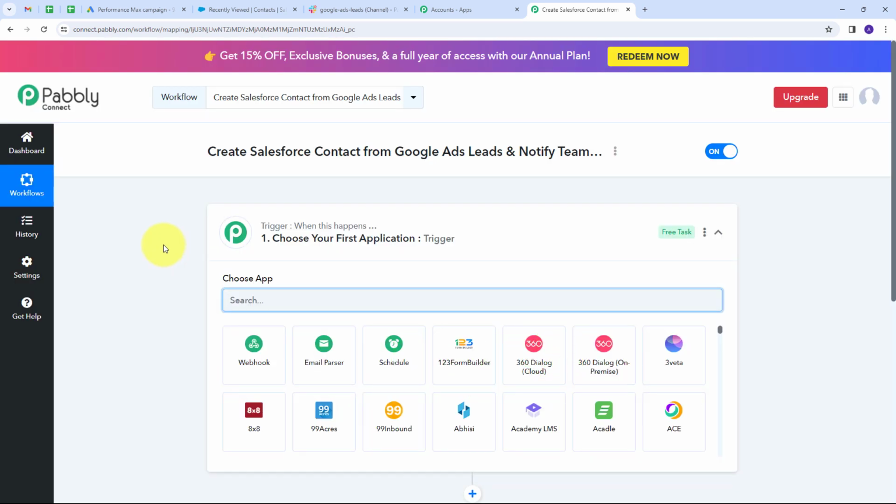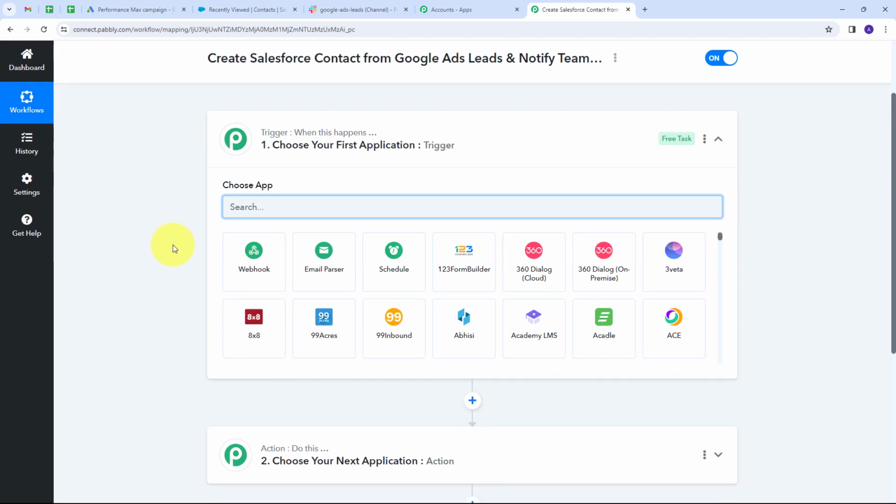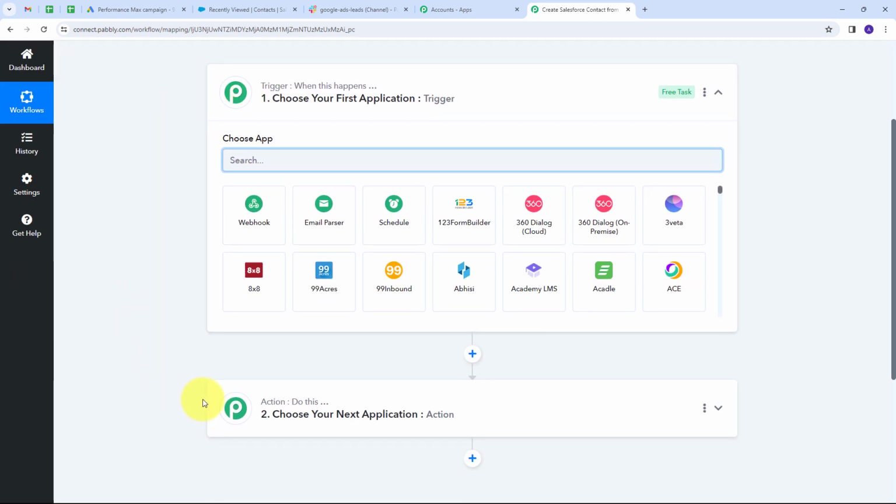And it will take us to this most important window of our workflow. Here we have two boxes, trigger and action. So these are the two main principles on which our workflow works. Trigger says when this happens, action says do this. So trigger is going to be the first step that will get executed in our workflow, and action will just follow that. So we have to set up our trigger first, and here my trigger application is going to be